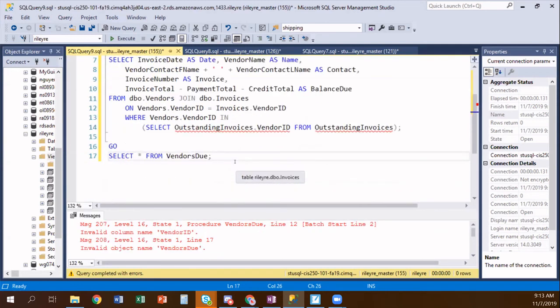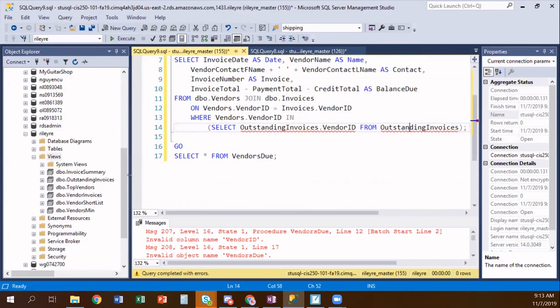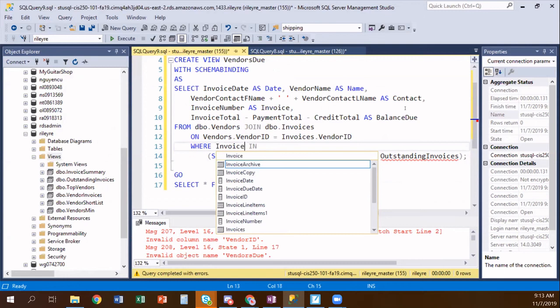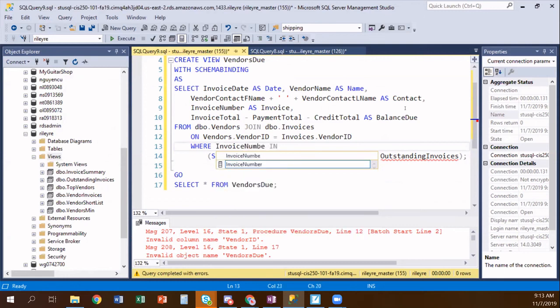Oh, outstanding invoices that you have. Oh, that's our problem. So what does it have as an invoice number? Okay. So we want to say where invoices, or where invoice number in